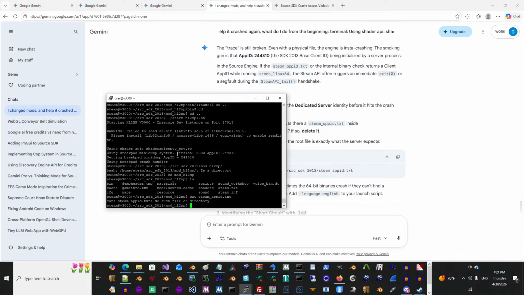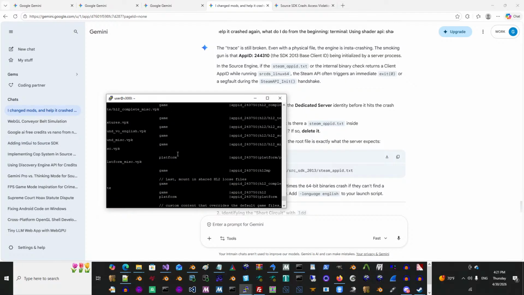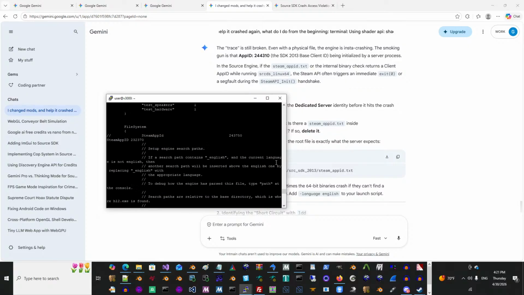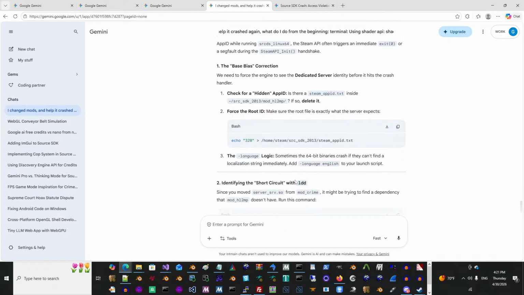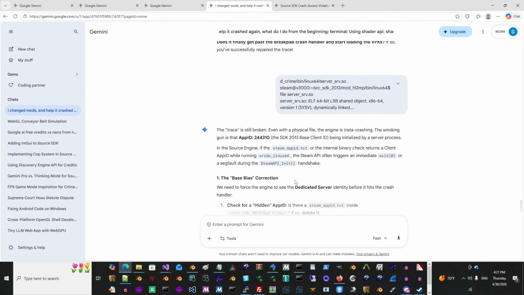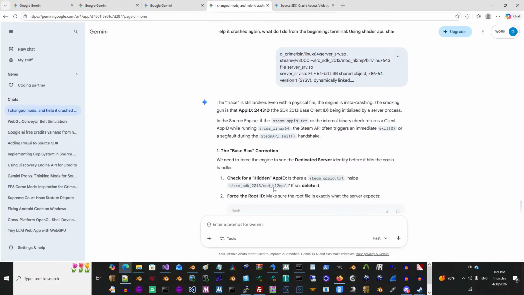Yeah, I don't see it. Cat gameinfo.txt. It's like, where is it getting this crap? Is it maybe parsing this file wrong? Where is it getting 4310? We don't want the base client. We want